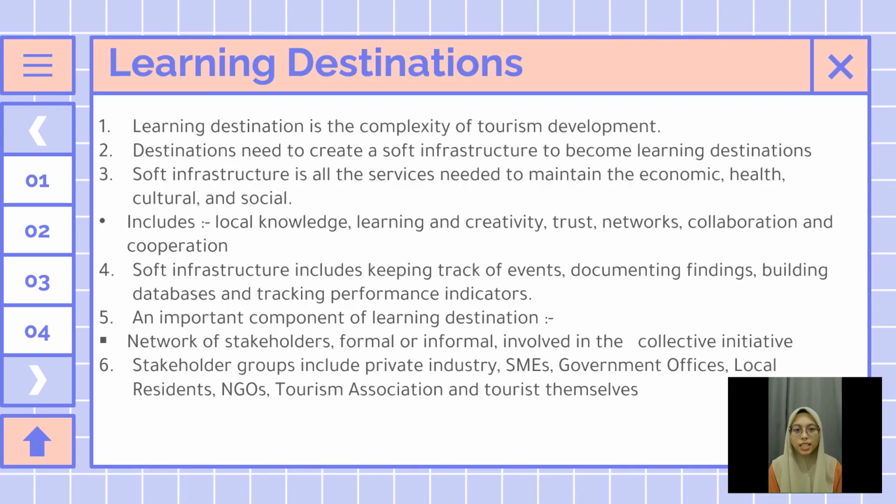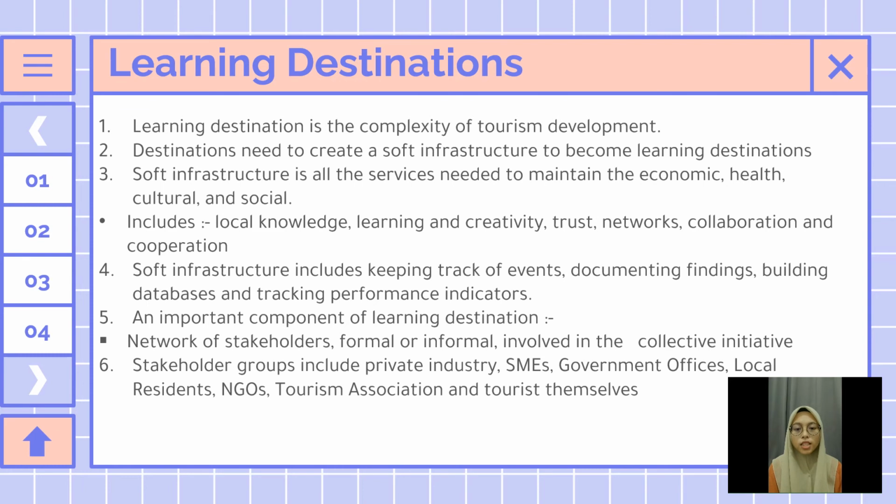Next is learning destination. Learning destination is about the complexity of tourism development. The aim is to understand the complexity of local and regional tourist destination development. If the destination wants to become a learning destination, they need to create a soft infrastructure. The meaning of soft infrastructure is all the services needed to maintain the economic, health, cultural, and social standards of the population. The features necessary to become a good IT infrastructure include local knowledge, learning and creativity, trust,